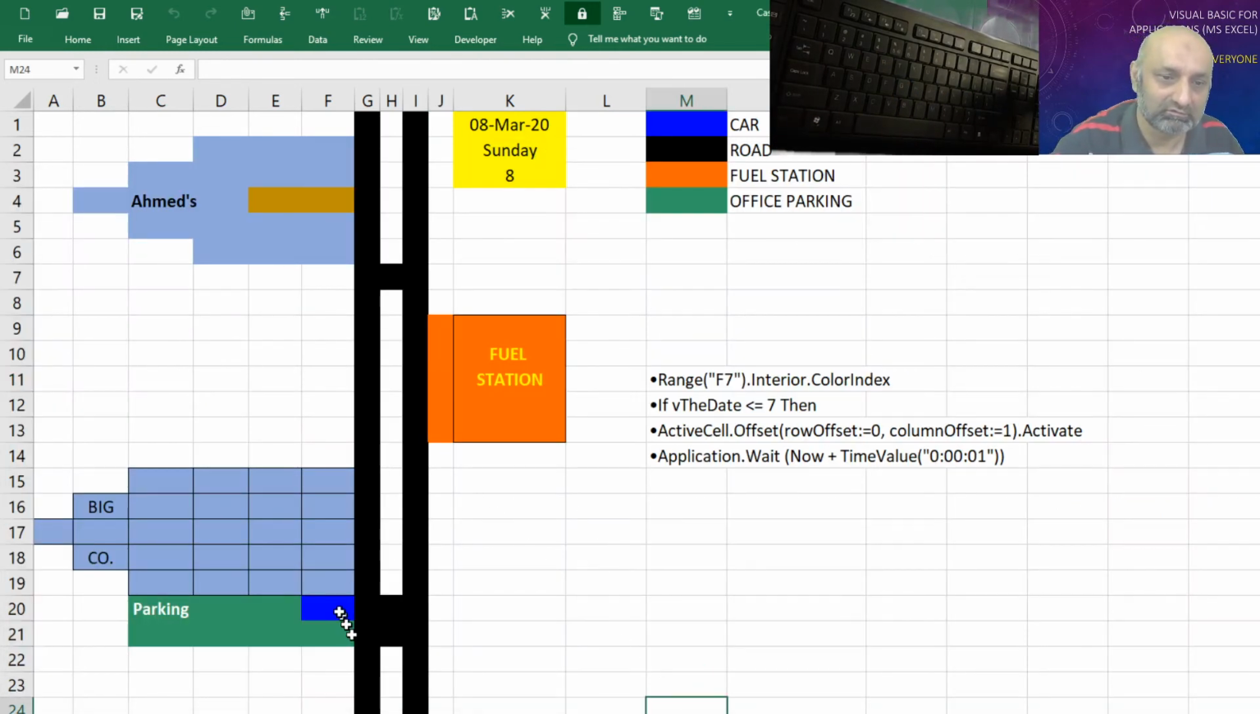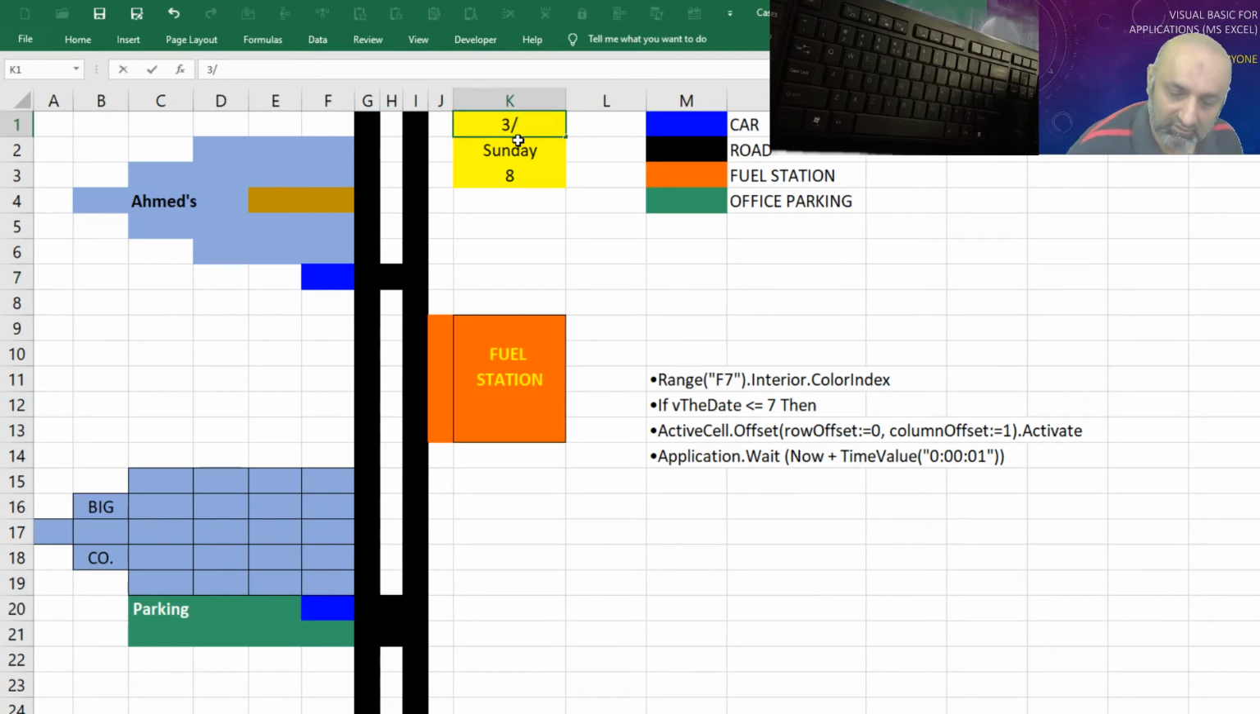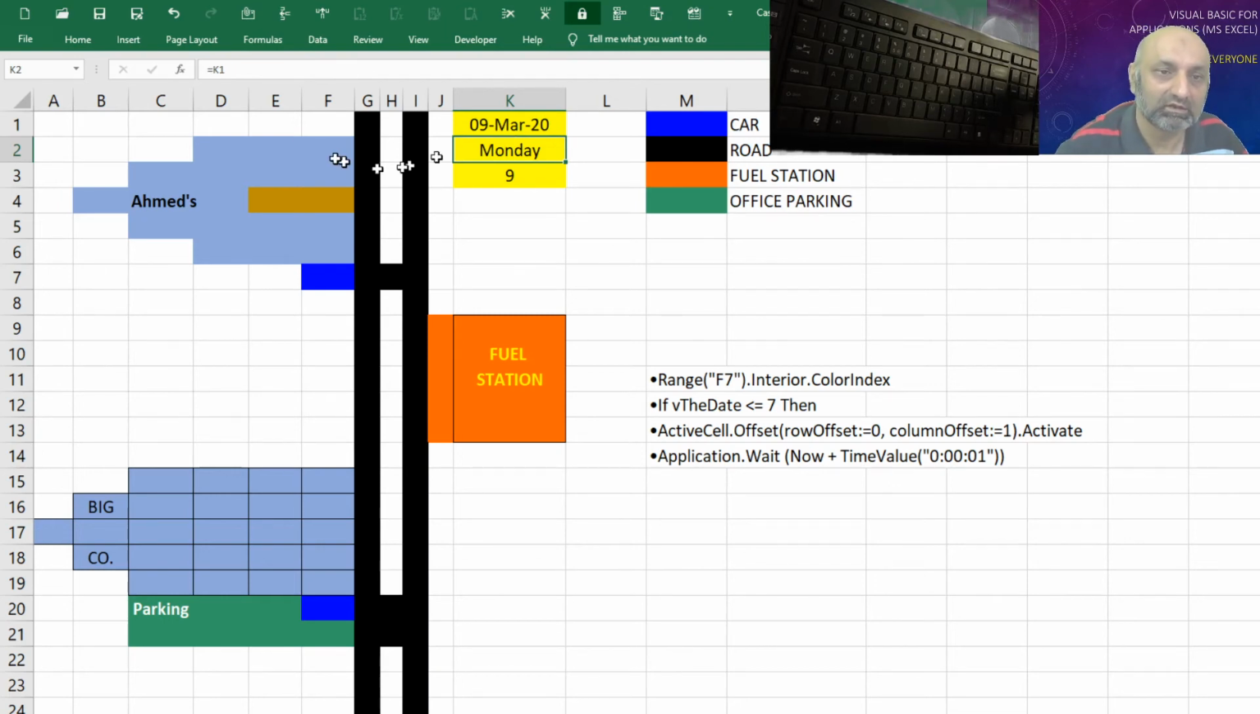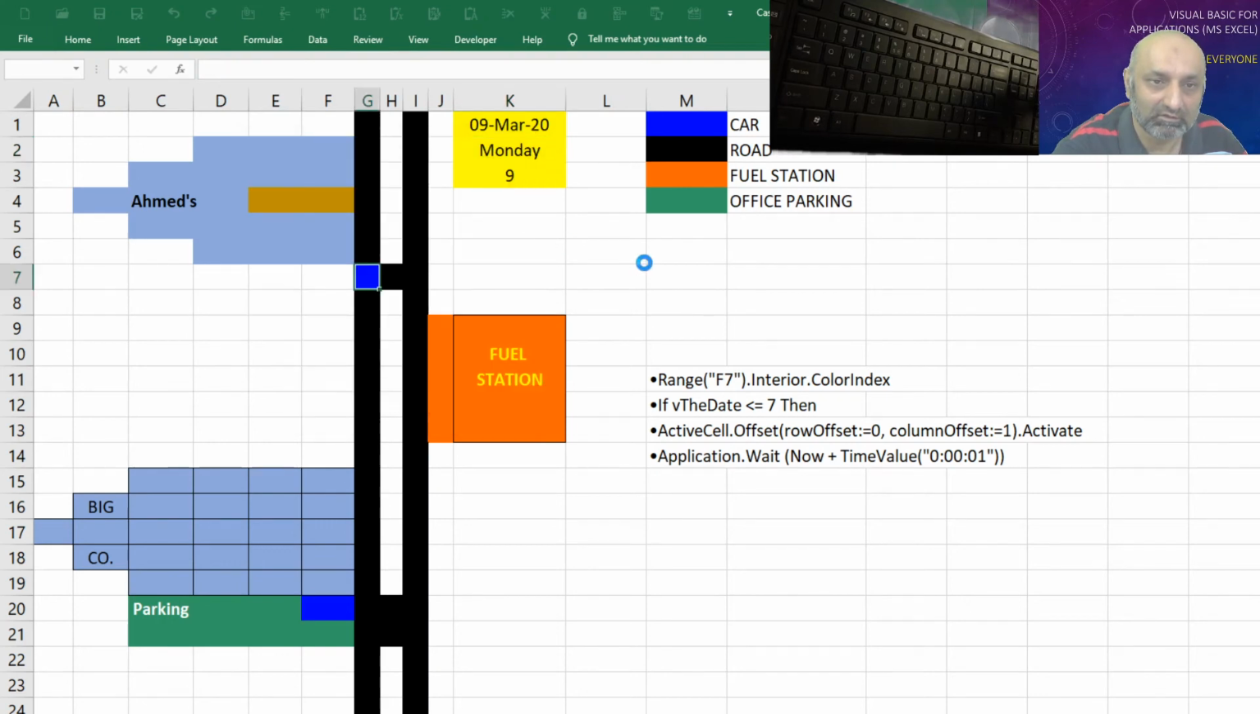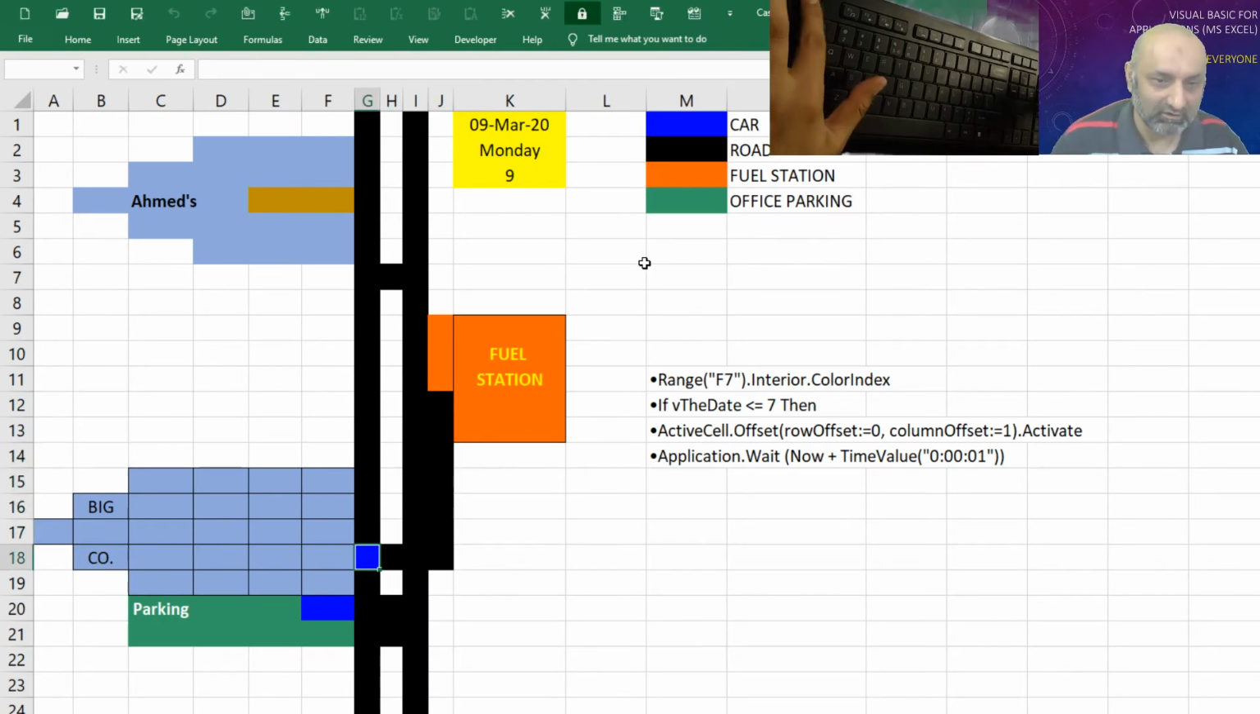What did it do so far? Let's move the car to home, and this is Sunday. Let's change the date to 9. Now it is Monday. Let's run our code. What happens on Monday? Going towards office. In the fuel station, 2 steps down, boom. Oh, stop. Okay, pressing escape,